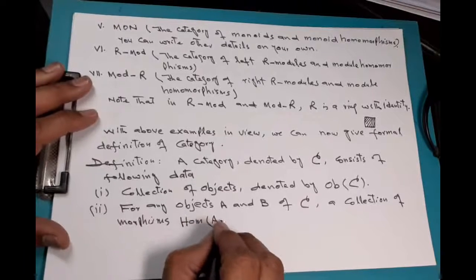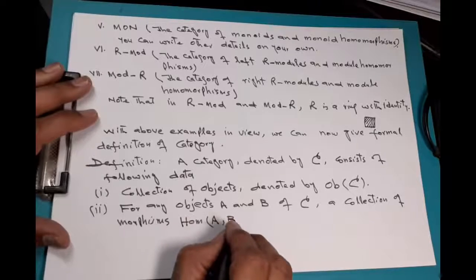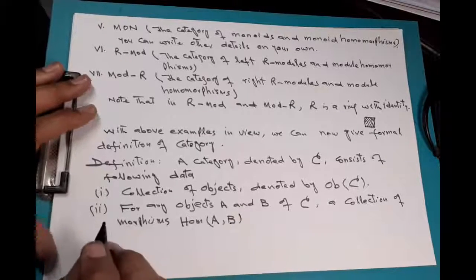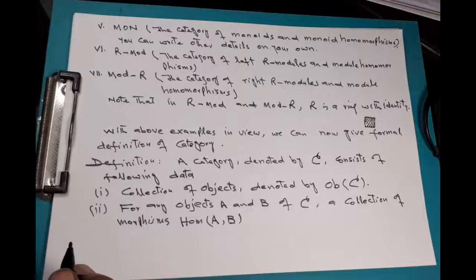That is morphisms from A to B. Collection of morphisms hom AB,